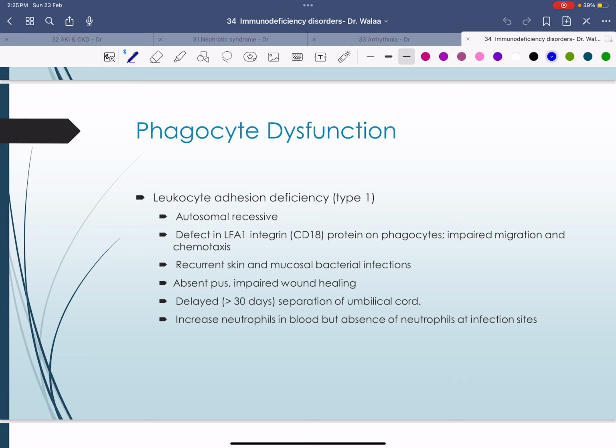ليش بصير عندهم؟ عمركم شفتوا الكورد تاع النيوبورن كيف بيكون شكله when it starts to separate؟ ما عمره حدا سألكم من العيلة ليش حواليه أحمر أو ليش في discharge؟ So a key mechanism for cord separation is to generate an inflammatory process locally at the site of the cord where it's attached to the skin. This inflammation has to include chemotaxis and attraction of phagocytes like neutrophils, okay, to potentiate the inflammatory